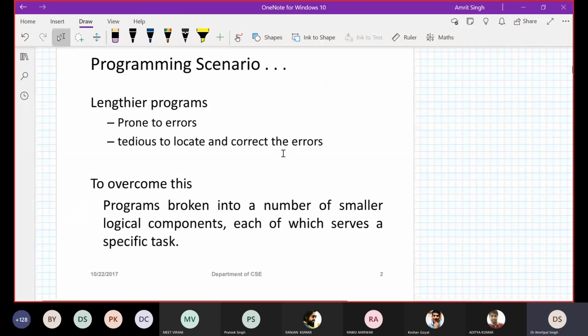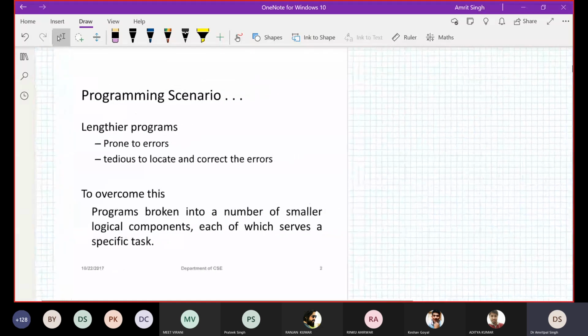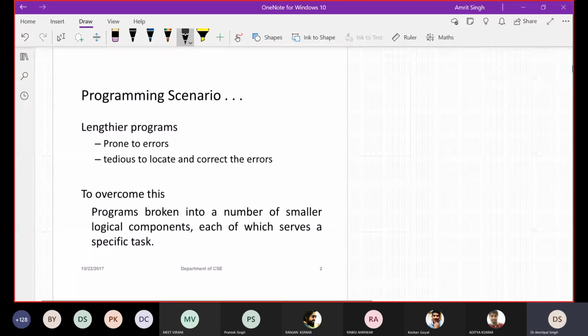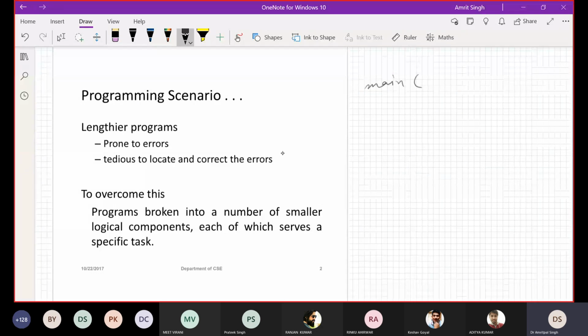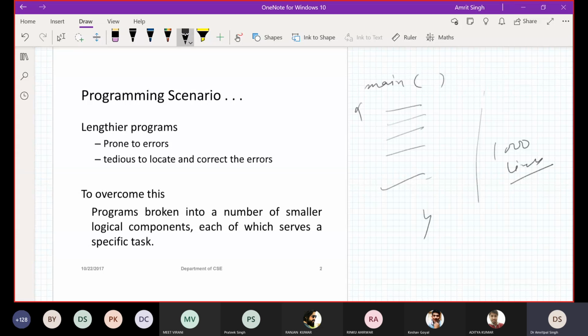Okay, so why have they suggested this concept of functions? Because normally, let's take a name. Let's say Dilraj wants to write a program to build a compiler. If Dilraj has written all his code of 1,000 lines in just one main function, this becomes a lengthier approach and it is prone to error. That means if there is an error at any line, it is going to affect your full program, and you need to scan all 1,000 lines to find that particular error.